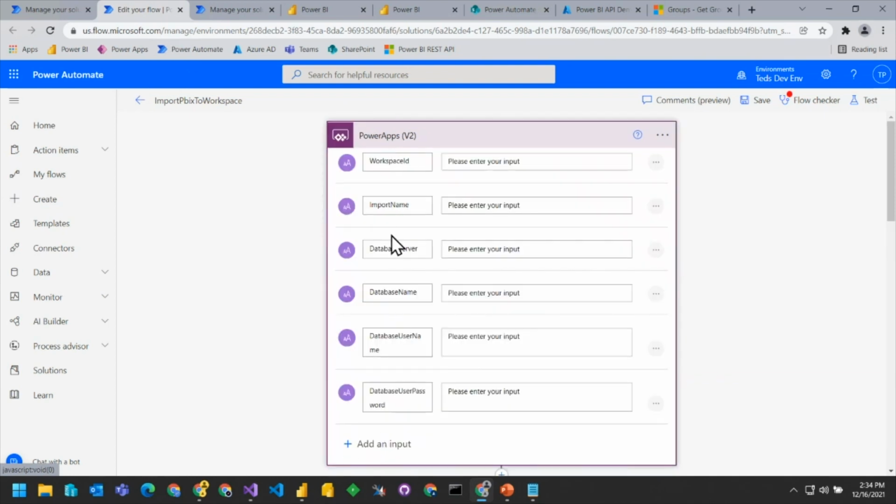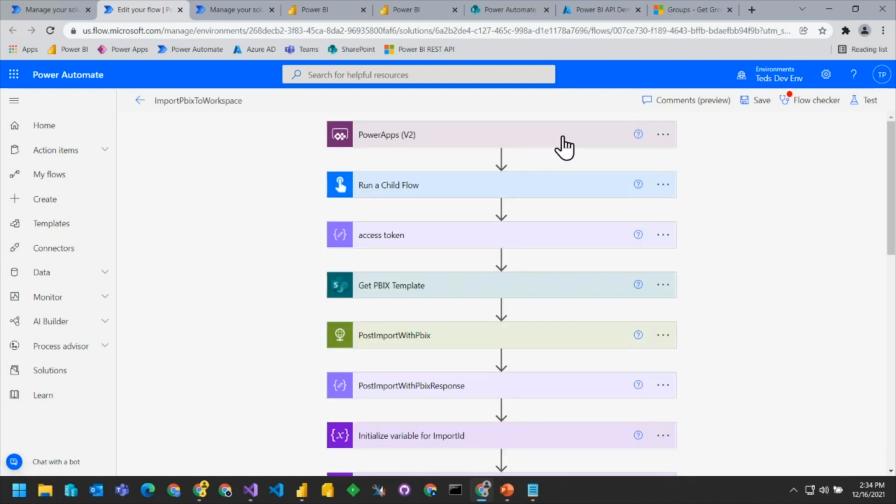So now I can define a set of parameters that I want to pass from the Canvas app into the flow. Now, one of the things that we're going to do here is we're going to get an access token, and I'll talk about that in a couple slides.